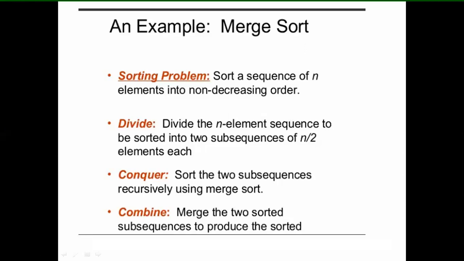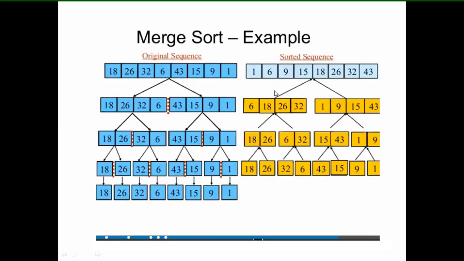Okay, so first you divide the problem. This is the original sequence. First I perform divide, so I divide this into 2. Then again I divide each into another 2 parts, and finally it comes down to one-element problems. Then I perform a comparison between these two, and since they are in order, I perform the merge operation between them in ascending order.